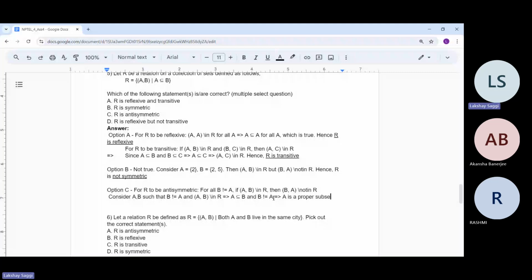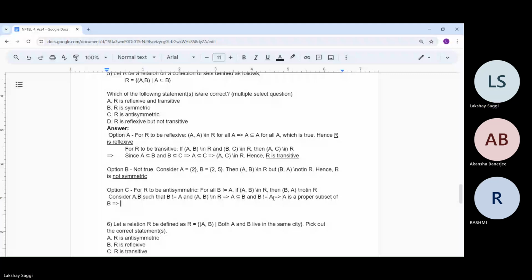This means that there exists an element in B which does not lie in A. There exists an element of B which is not a part of A. Something like that. And what does this imply? If there is an element of B which is not a part of A,